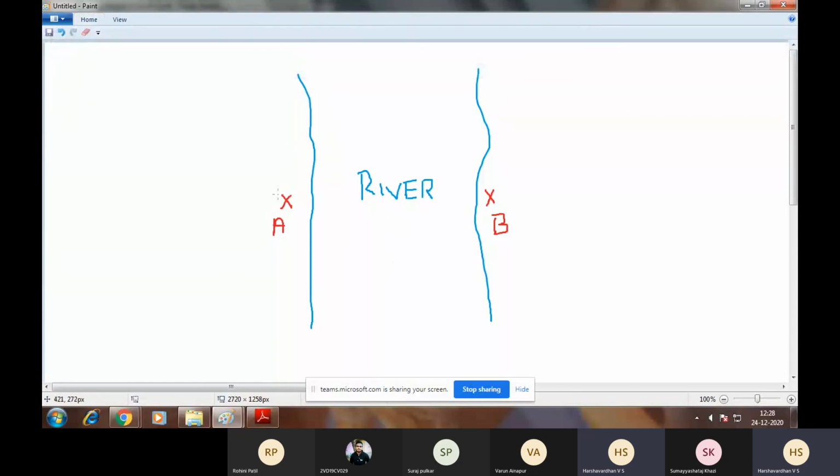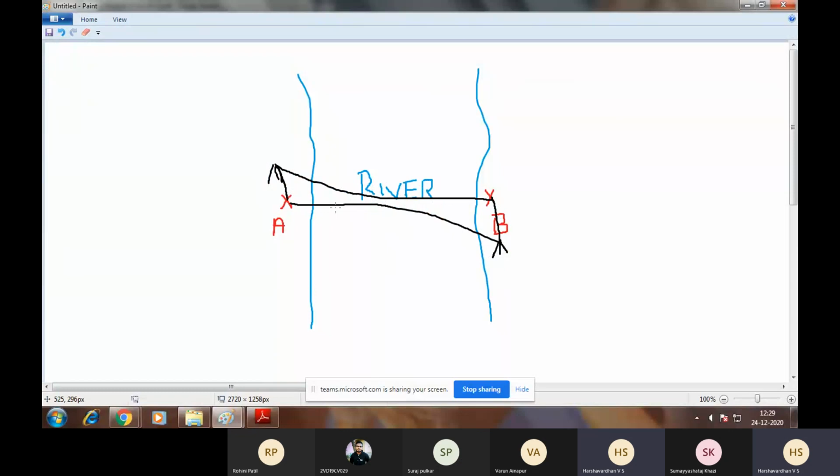So first, I'll set up my instrument near point A. I'll take a staff reading on point A and on point B. Next, I'll shift the instrument and set it up near point B. I'll take a staff reading on point B and a staff reading on point A. So this is reciprocal leveling.